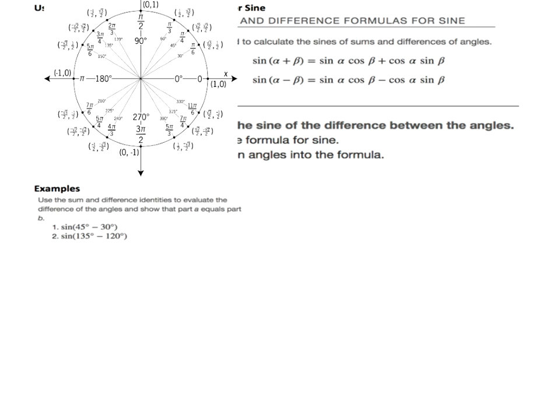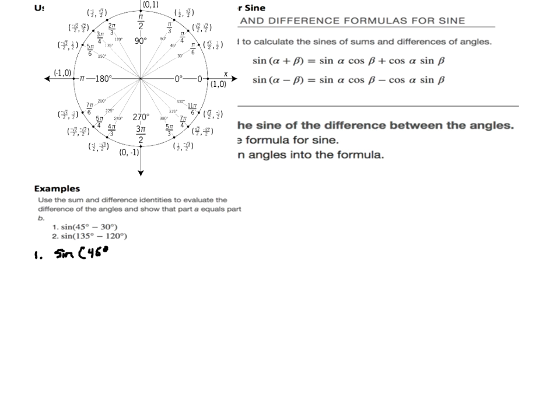Okay, so we have the sine of 45 degrees minus 30 degrees, and the sine of 135 minus 120 degrees. Notice, if you subtract 30 from 45, you get 15. If you subtract 120 from 135, you get 15. So the purpose of this example is to show you it doesn't matter what special angle you use. As long as it's equivalent, you're going to get the same answer no matter what. So for this first one,